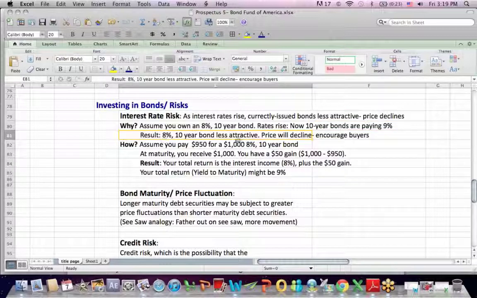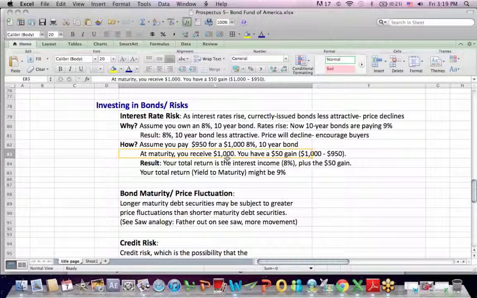Well, the result is the 8% 10-year bond is less attractive and the price is going to go down. So now you need to do something as a bondholder to encourage buyers, and some of this is just supply and demand in the marketplace. Let's say you pay $950 for a $1,000 8% 10-year bond. Well, if you hold it till maturity,